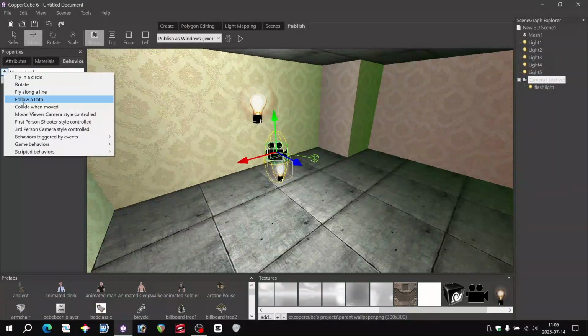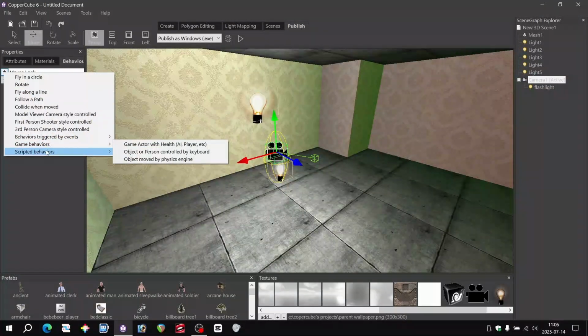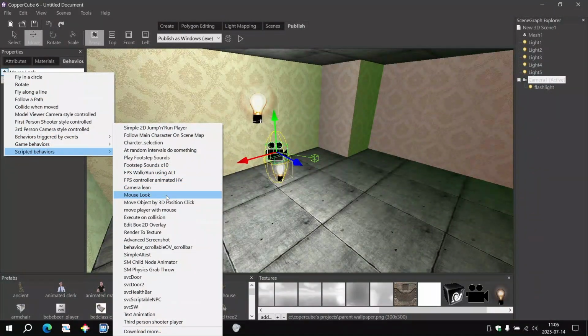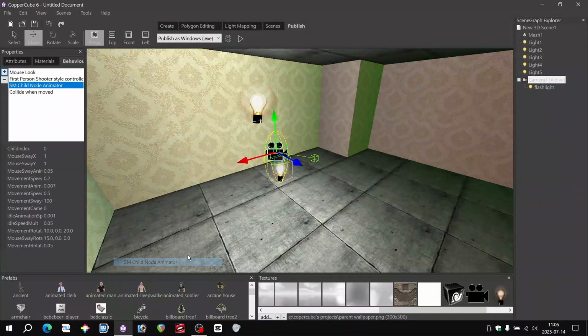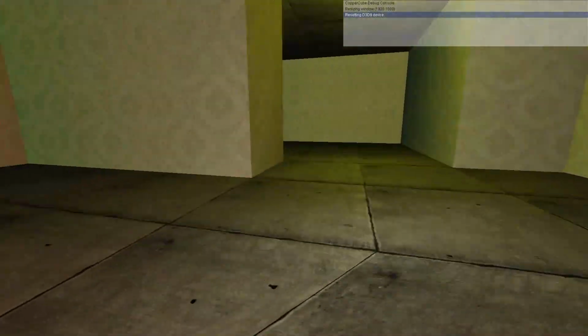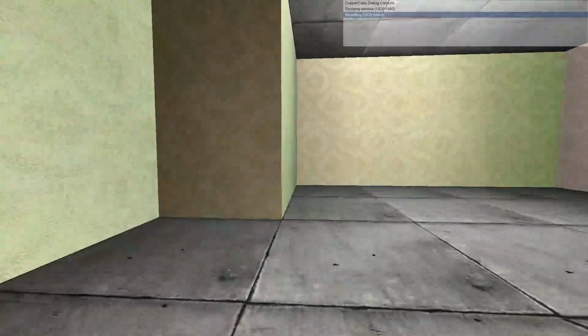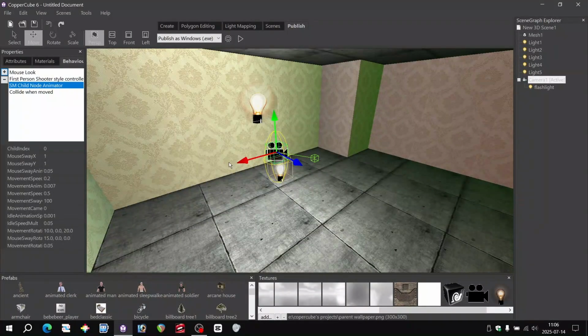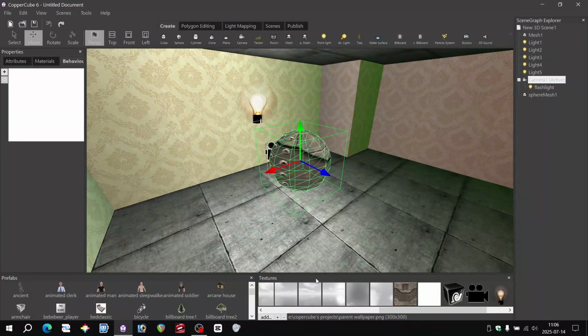Okay. We'll put the scripted behavior that is called the child node animator from SM. Thanks to him. Child index. I want to move the child index this light. So it's supposed to function really nice. Well, the light seems moving a little bit, but maybe if I put, okay, a sphere, which is the light